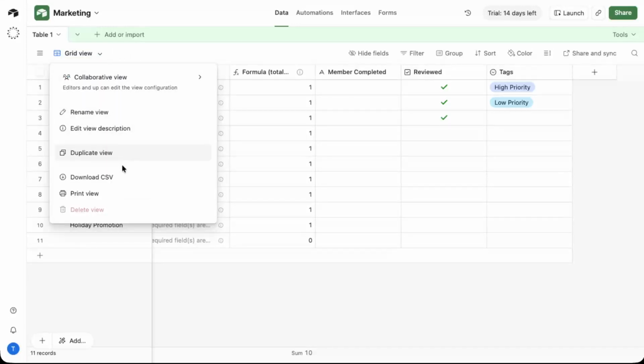Finally, click on the option to download CSV. Airtable will generate a CSV file containing the records from your current grid. Save this file to your computer and you'll be able to open it in spreadsheet software, share it with others, or use it in another